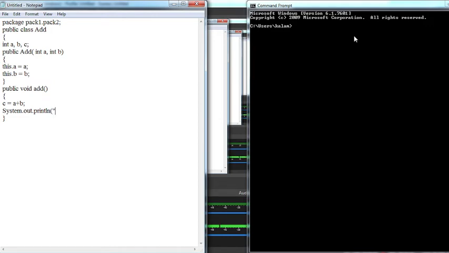We can write something like this: "The result of addition is", and then what? c, so we have to do concatenation. Now it will print c. Do we need to do anything else? I hope not. Now let's save this program.